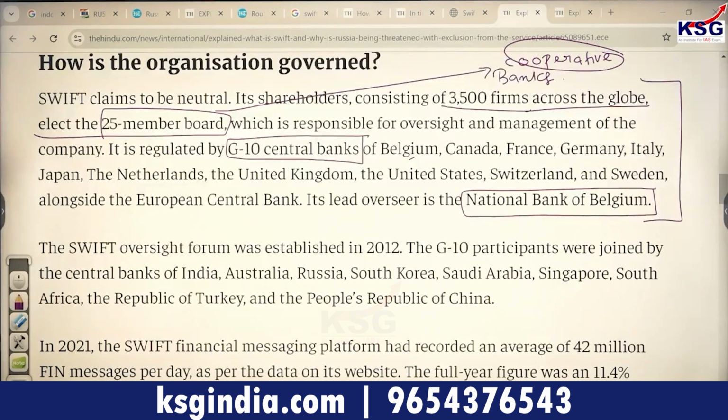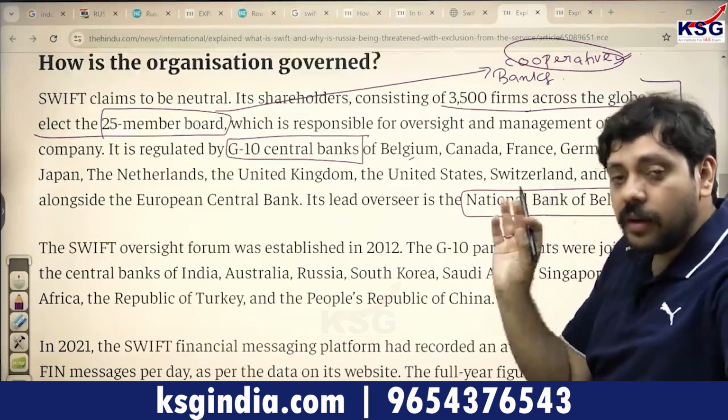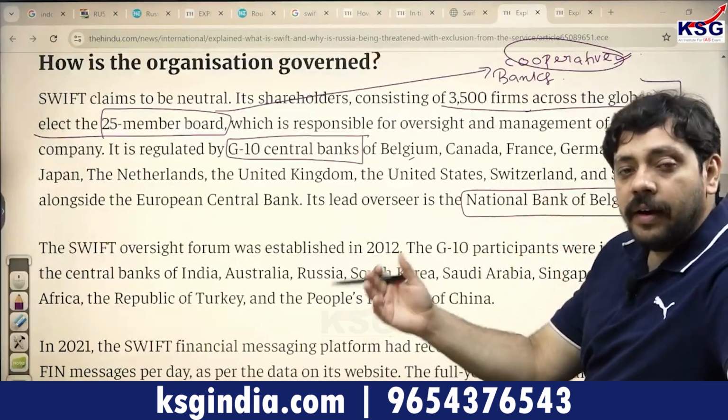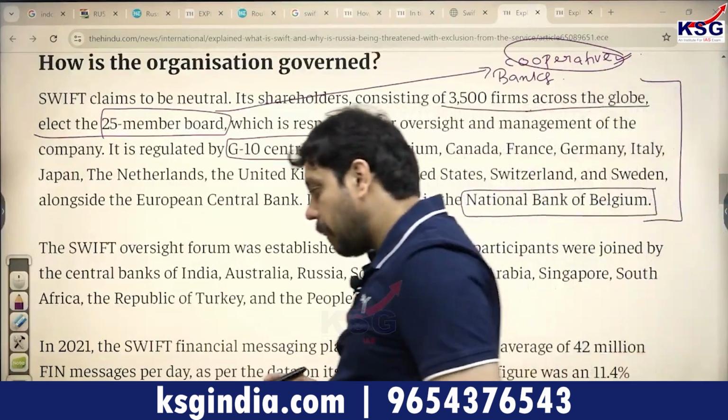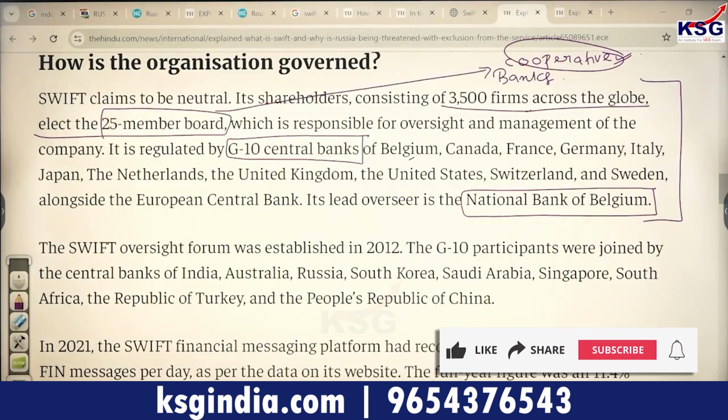Okay, so this is a very simple question as to how the organizational structure is governed. What is not mentioned over here, which I have mentioned separately, is that SWIFT is registered as a cooperative society. I want you to take a look at all of these points very clearly because you're going to see something like this. It is a proper recipe for a current update on international relations. Are we clear about this, class?